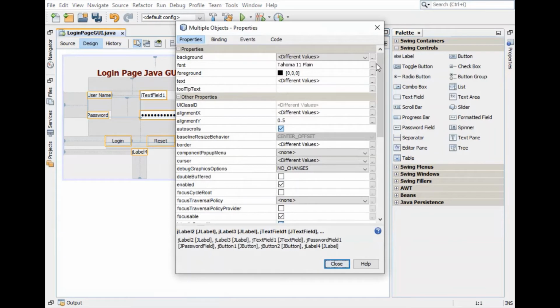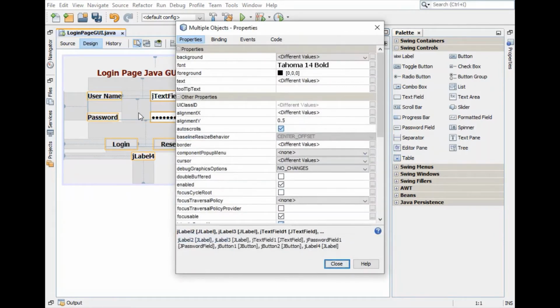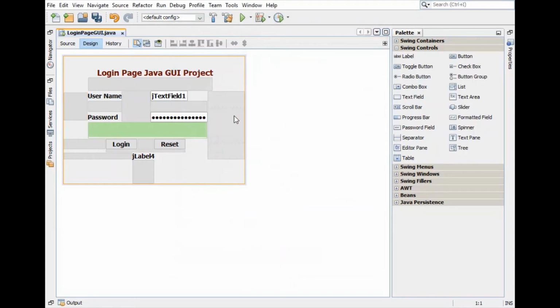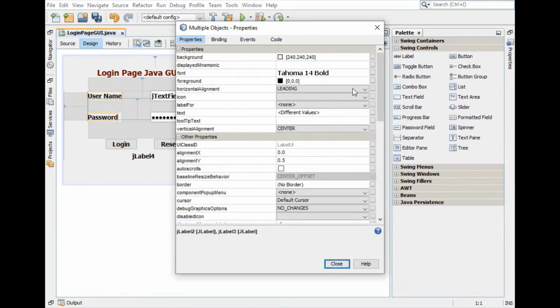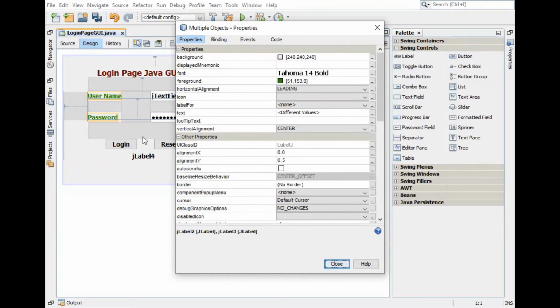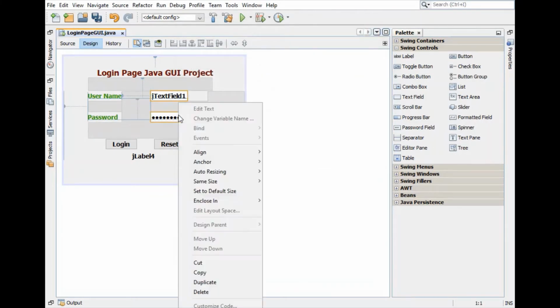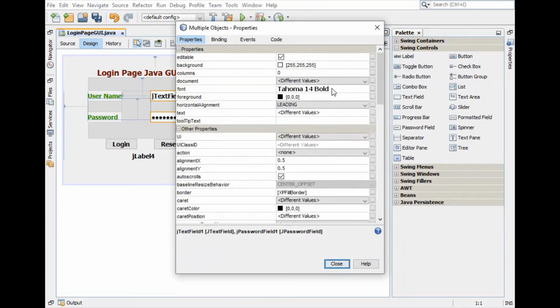Let's set the font to bold and size 14. I'll set the color of username and password labels a little differently, so I'm selecting these two only, with a different color, and let's display the username text field and password field with a different color.